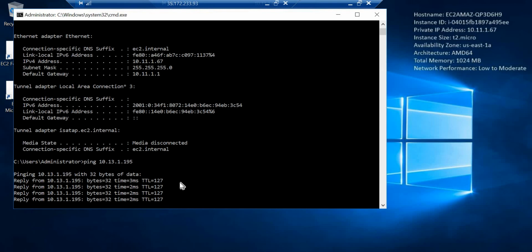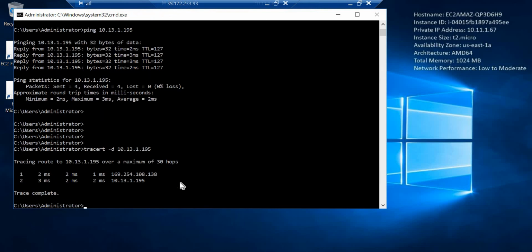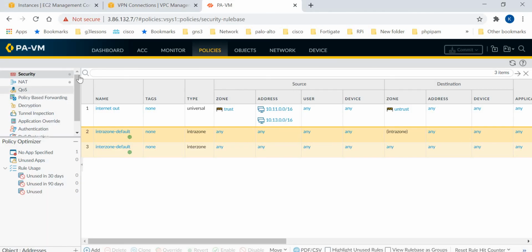That's because, if I do a trace route here, you can see the first hop is 169.254.108.138. It is going to the Palo Alto Firewall's tunnel 1 interface, and then it reaches there. So how does this work?